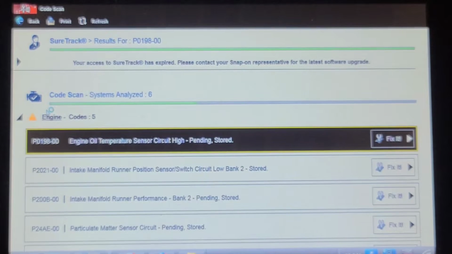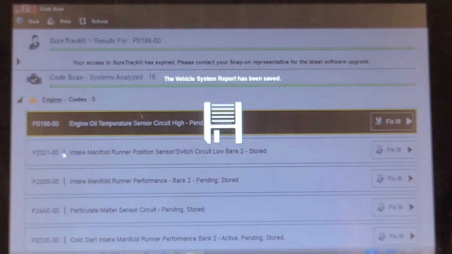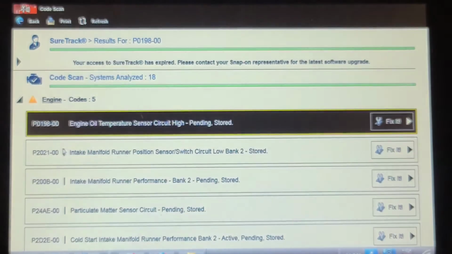Engine oil temperature circuit high, intake manifold runner position sensor, intake manifold runner performance. Well, that could be related. If the intake runner is out of position, it could be creating an induction noise because of it. Particulate matter sensor circuit, cold start intake manifold runner performance,